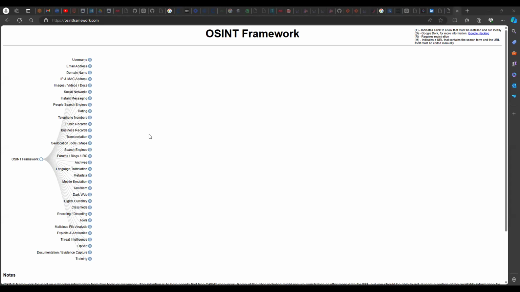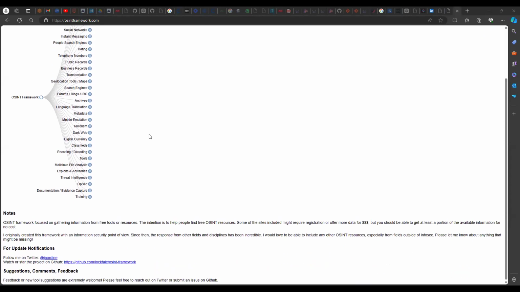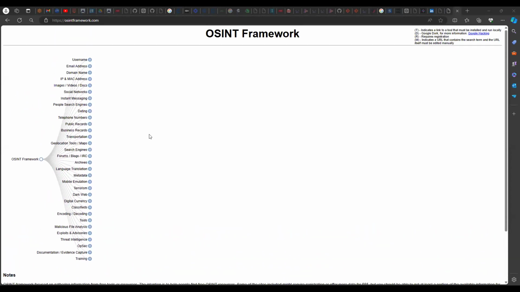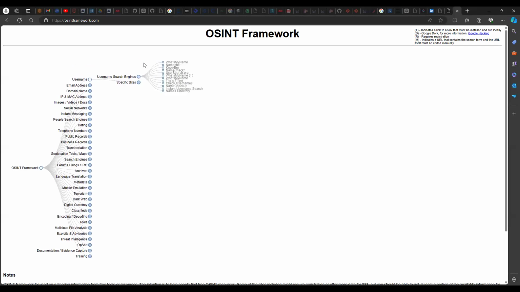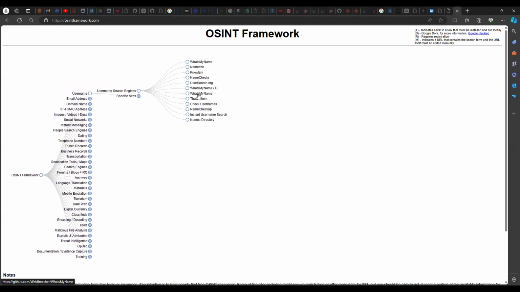What this platform does, what OSINT Framework does, is, if you want to do reconnaissance, if you want to gather information about your targets, there are a lot of ways you can go about it, right? Reconnaissance can be anything. You may have a username, for example, and you want to see which platforms that particular username is registered or used on. You can look at the username section and see tools you can use to look up various usernames, right?